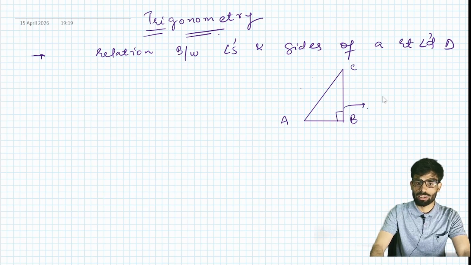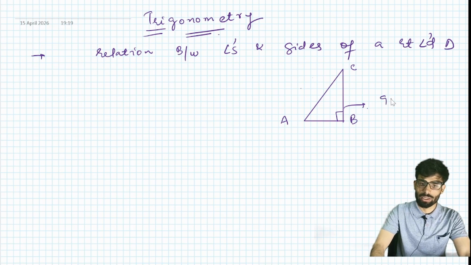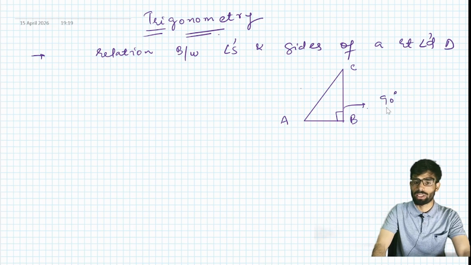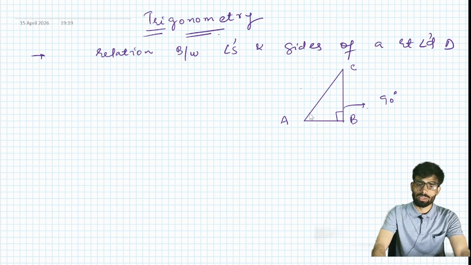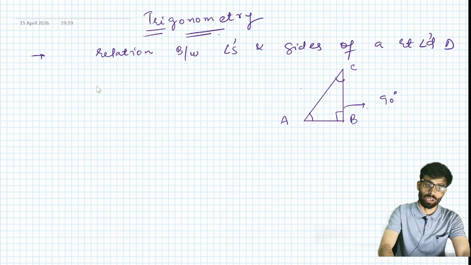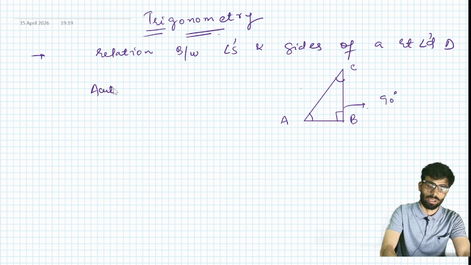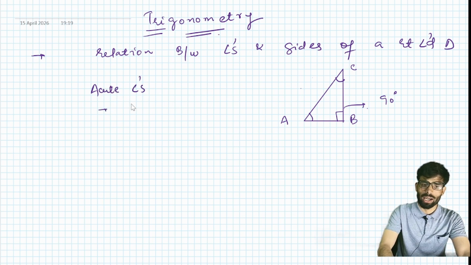This angle you must be familiar with. This is the right angle which has value 90 degree. And the other two angles here in this right angular triangle are acute angles. Acute means that the angle A and angle C,